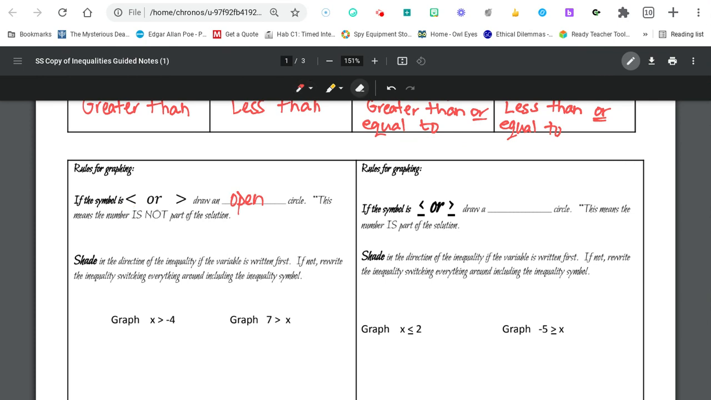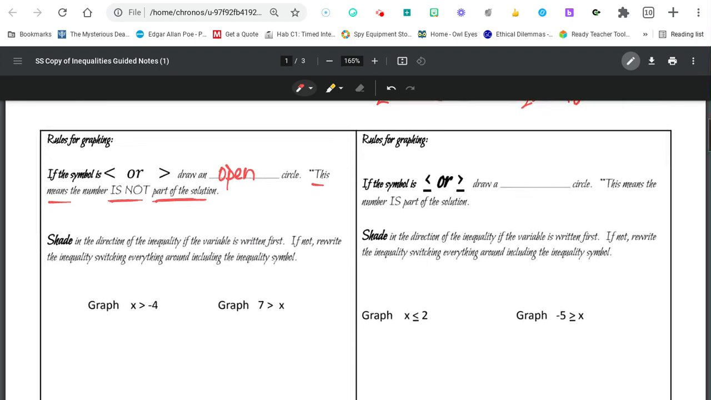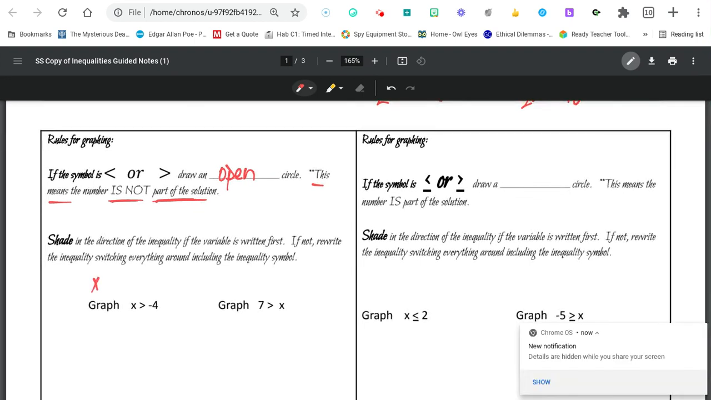But if you don't see the lines underneath, you're going to put an open circle on your graph at whatever point number you're supposed to start at, okay? That means that the number that you're starting at will not be part of your solution. So for instance, let me give you something like this. This is read as your x or your solutions have to be greater than